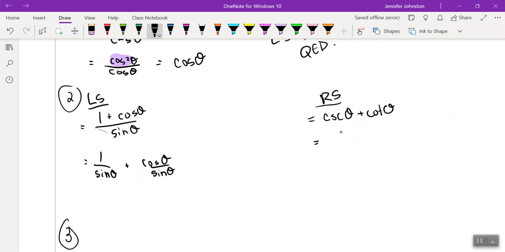Let's go check over here. Cosecant, well, that's the inverse of... 1 over... It's not cos, right? C and C don't go together. This is sine theta. And then we have plus